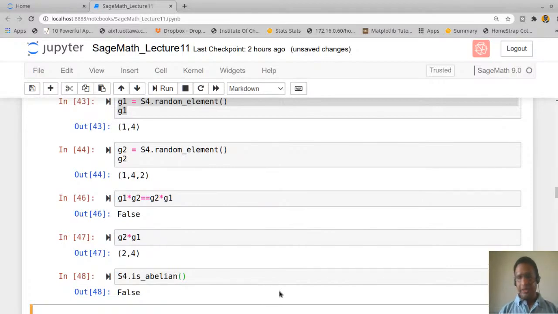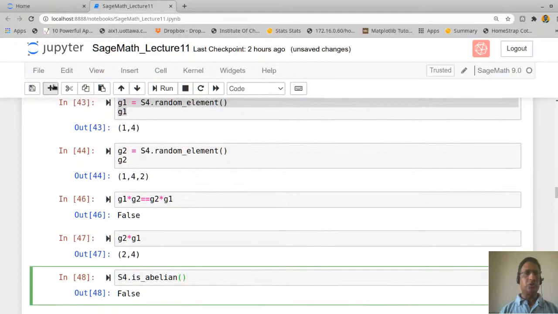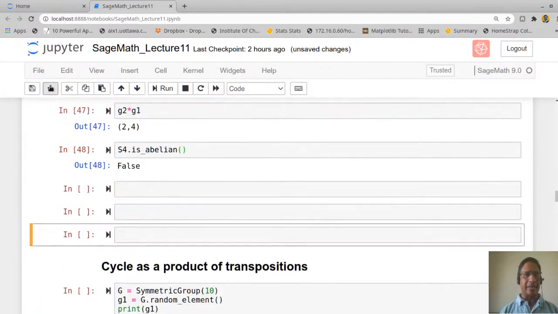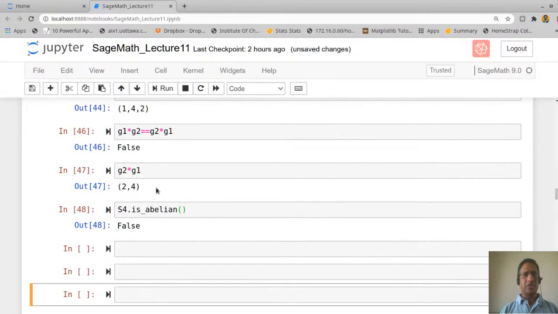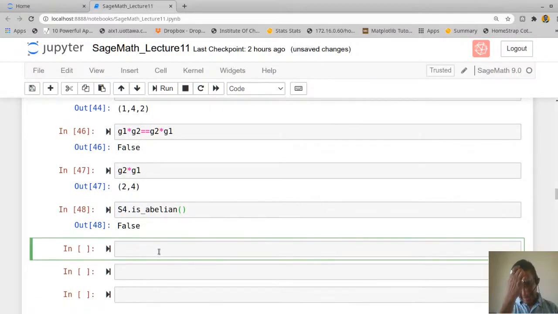Okay, now suppose we want to define an element manually, instead of taking one randomly. Let us say A is equal to.